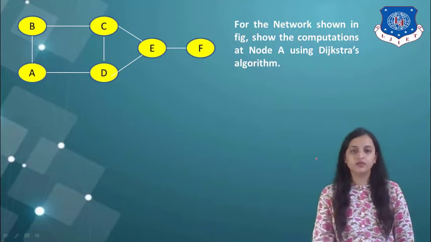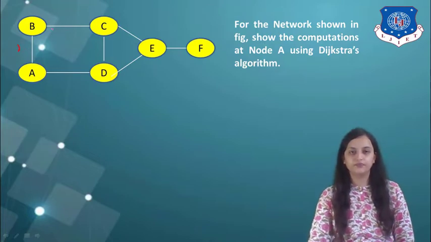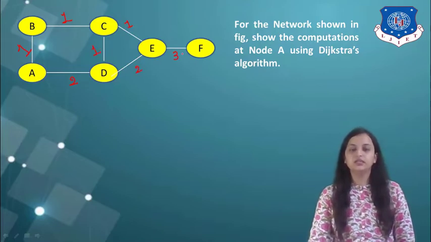So over here, from A to B, the label given to you is 1. That means it may indicate the distance from router A to B or node A to B. Same way over here it is 1. Here it is 2. Here it is 1, 1, 2 and 3. These are the labels given at each link. That means from a particular node to the destination node.